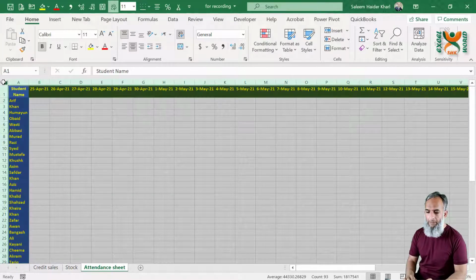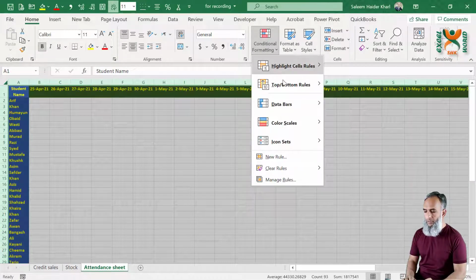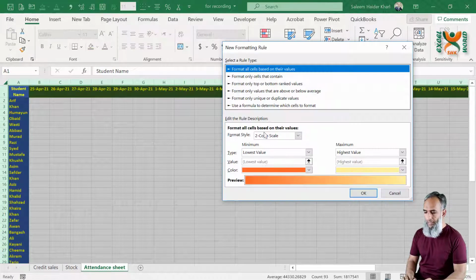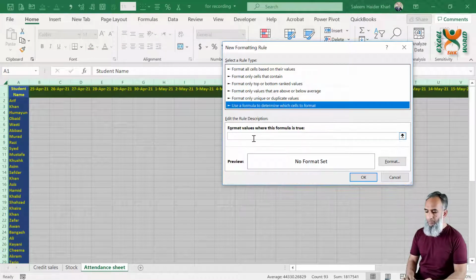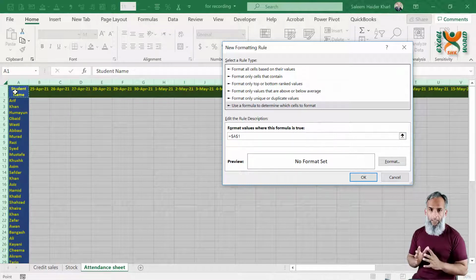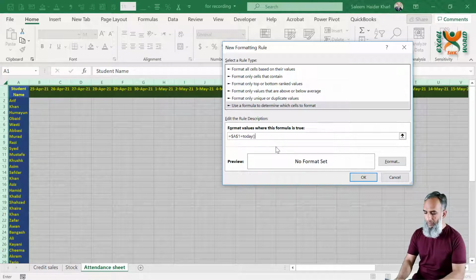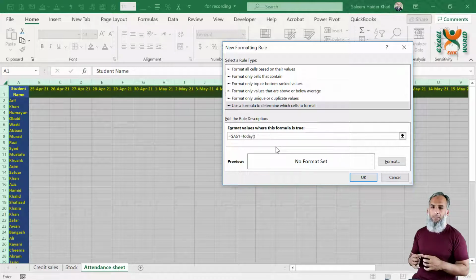You just have to highlight the complete sheet and go to home ribbon, conditional formatting, click on the new rule and click the formula based rule, and then here you have to say if cell A1, start with A1. If cell A1 is equal to, now you can write the TODAY formula so that Excel picks up the system date and compares it with all of the columns. So now we know that row 1 has the date and the columns are changing.